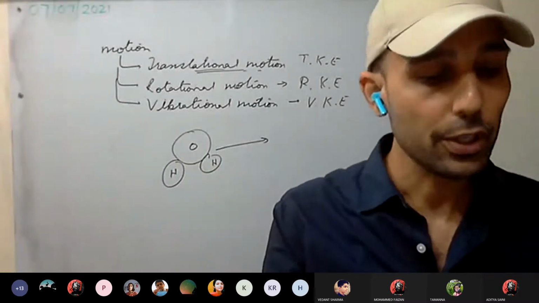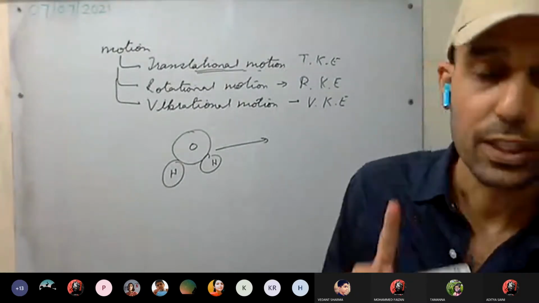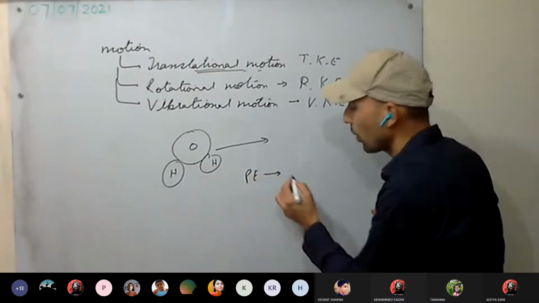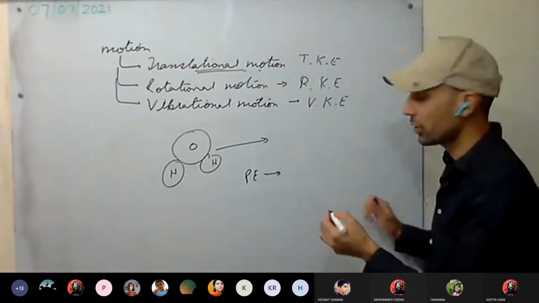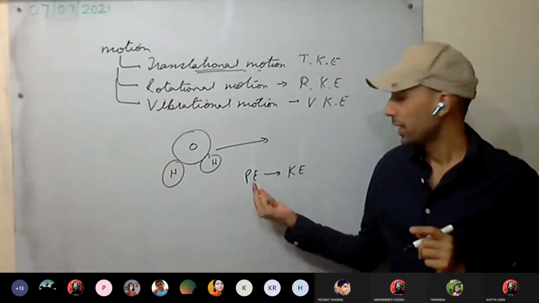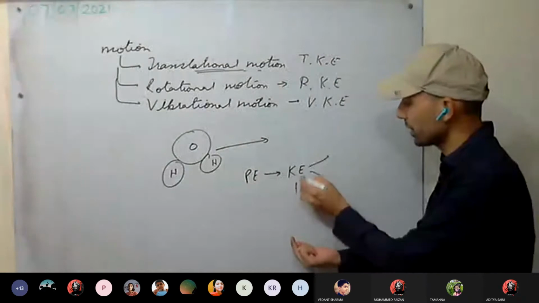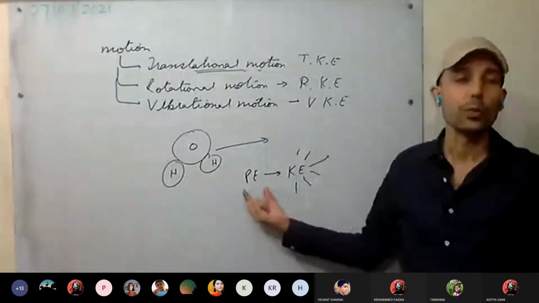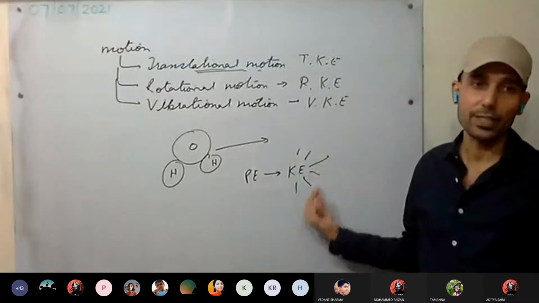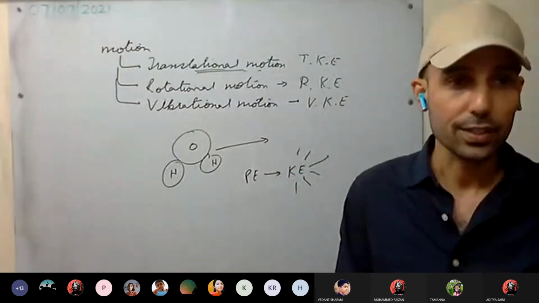Okay. Distinction between potential and kinetic energy, you can go through it yourself. There's one major distinction: potential energy can only be converted into kinetic energy. It cannot be converted directly into any other form. It has to be converted into kinetic energy first, and then further it can be converted into any other form. One example we can take is hydroelectricity generation.